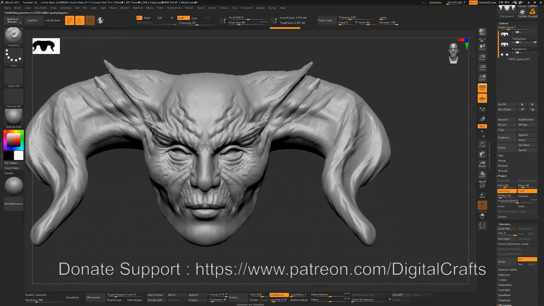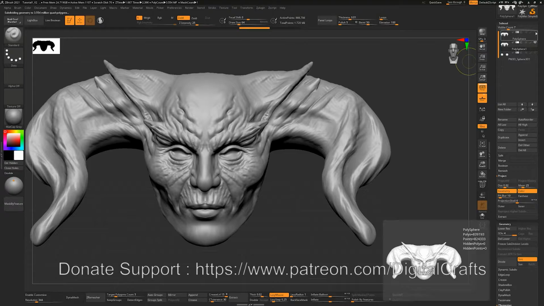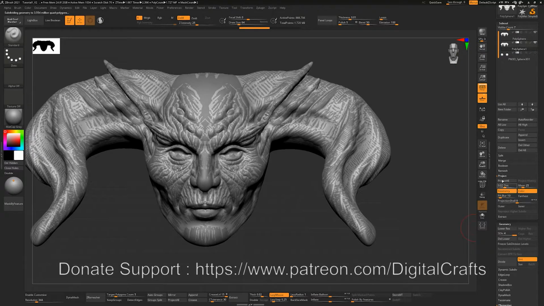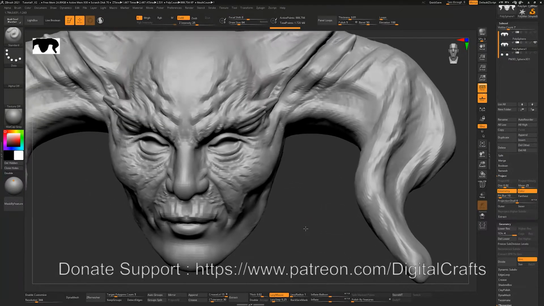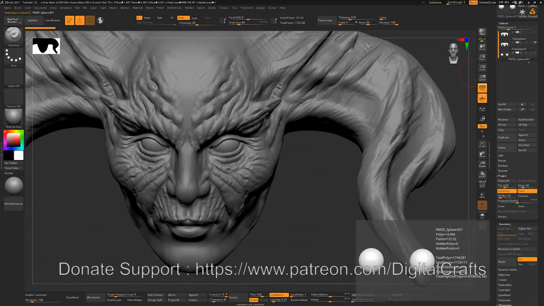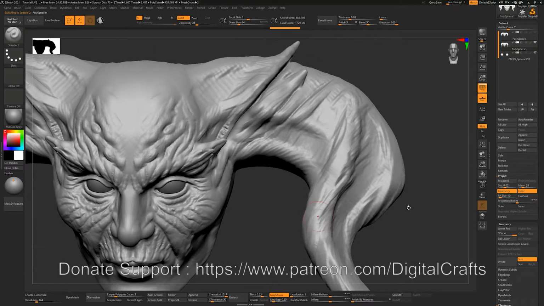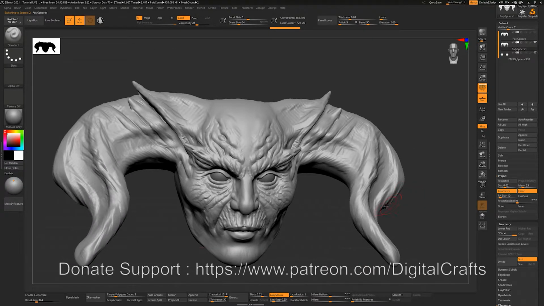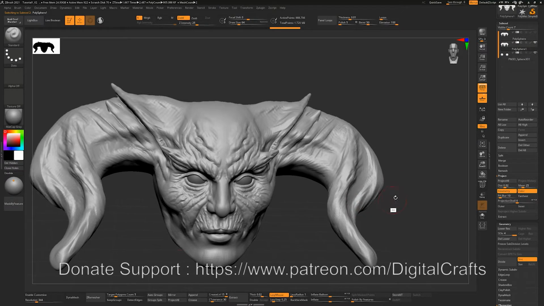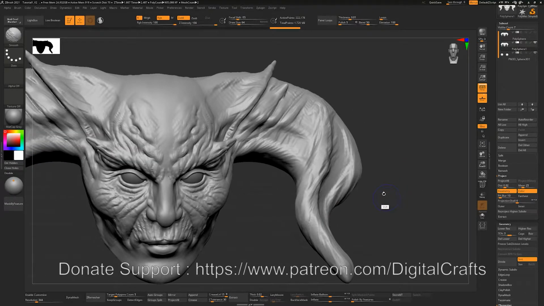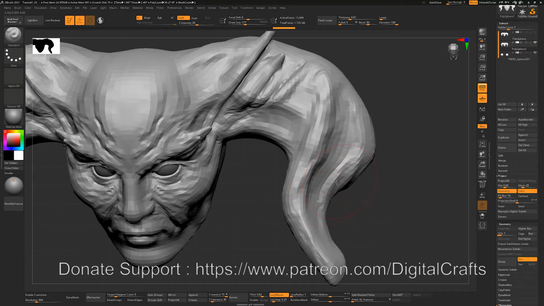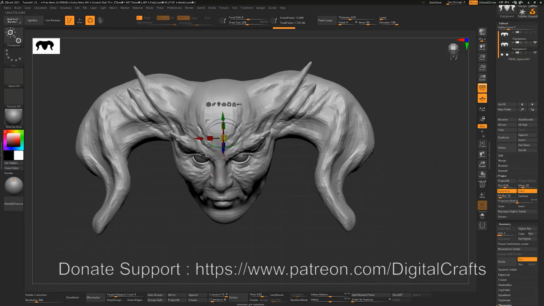Maybe I undid some of the high resolution, so let's just project back the details. Okay, so as you can see, we have all the details. So the reason I prefer using subdivision levels is after I have generated most of my volume using Dynamesh or Sculptris or any other tool. Let me show you something. So if I can just mask it out,